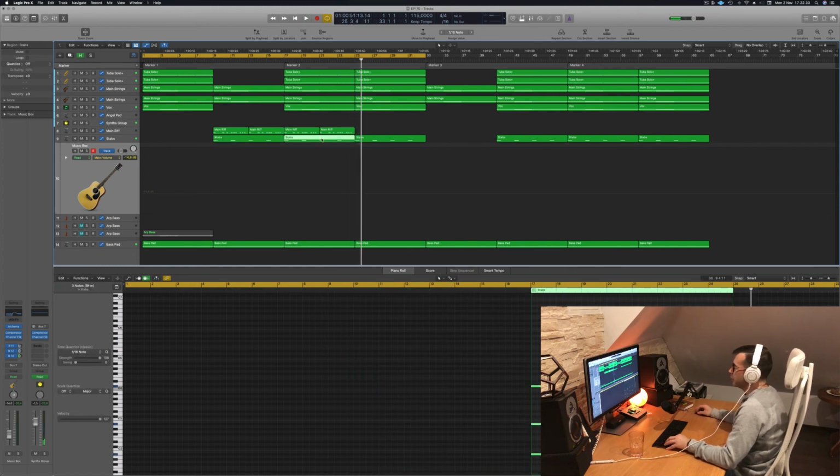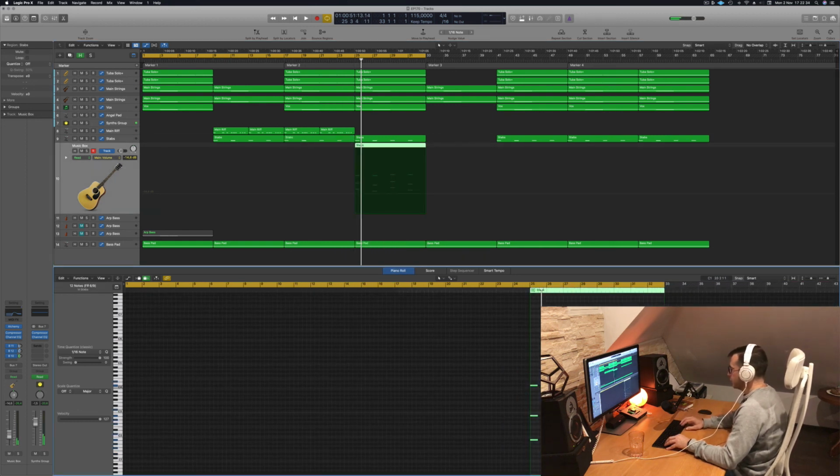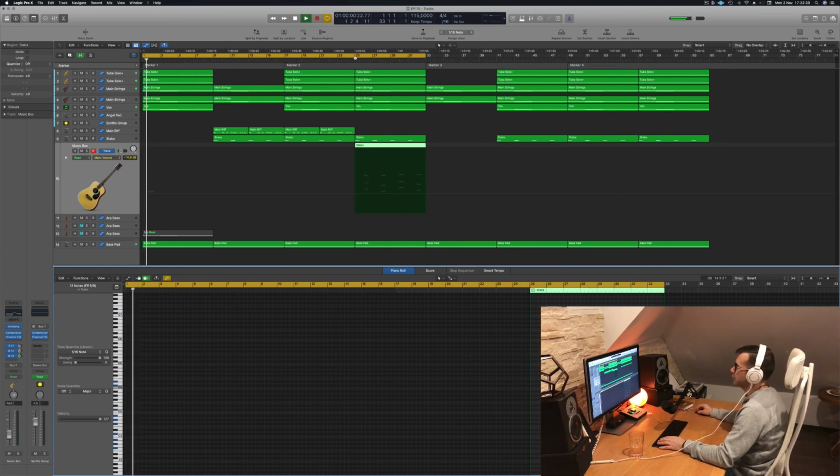I think I would do a little bit of a variation here with the stabs, adding another set of stabs in the interval of the other one. So it's going to go like